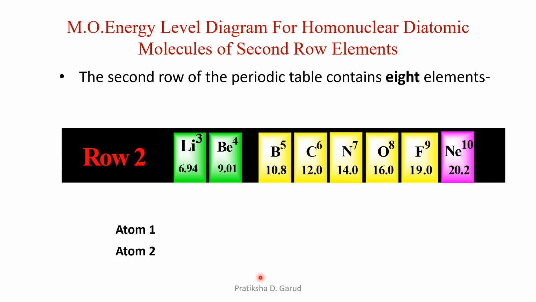that means the same atoms. In this case, we have the 2s orbital for the first atom and the 2s orbital of the second atom. So they undergo overlapping. Similarly, we have the 2p orbitals. Now we know that there are three 2p orbitals: px, py and pz. So these three 2p orbitals of one atom undergo overlapping with the other three 2p orbitals of the second atom. And due to the overlapping of the atomic orbitals, we get the formation of molecular orbitals. So let's see that.